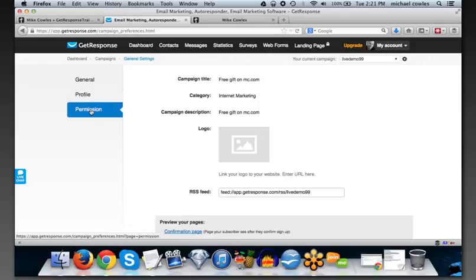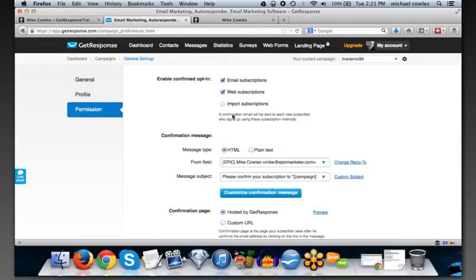The next thing is to go to our permission section. Now this is an important one. Okay, right now by default, GetResponse has it enabled where you have a double opt-in. Okay, so what that means is that when somebody fills out a form and says, yes, I'd like your free gift, what happens is instead of getting an email that says, cool, here's your free gift, instead they get another email that says something like, hey, now, before you get your free gift, we want to make sure you actually wanted that free gift.